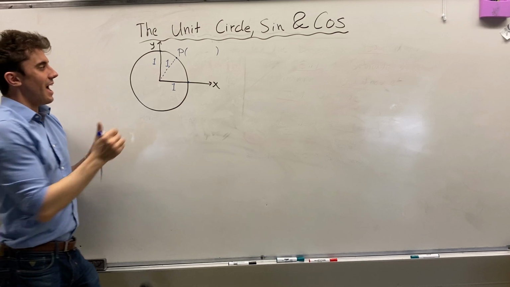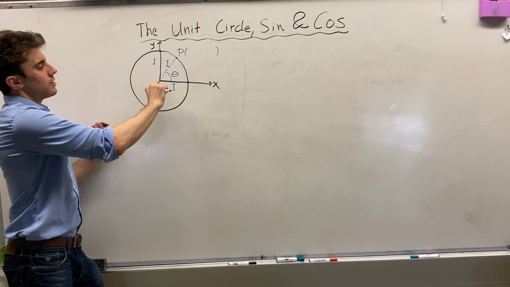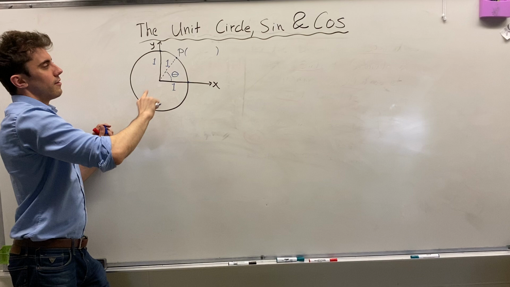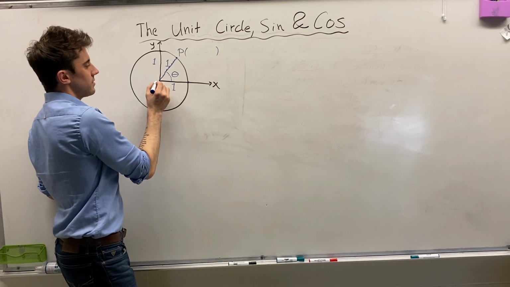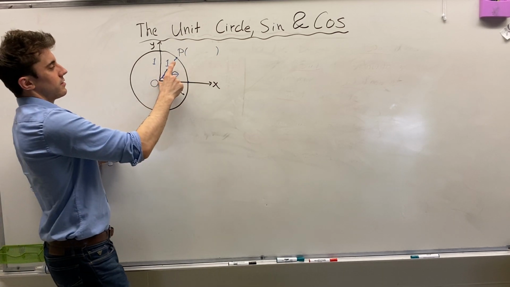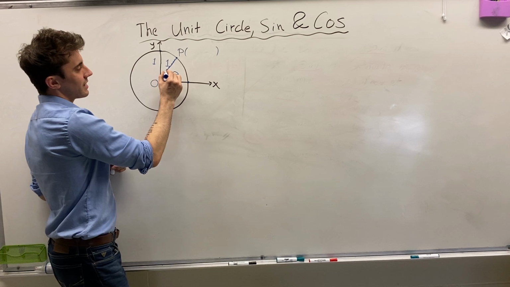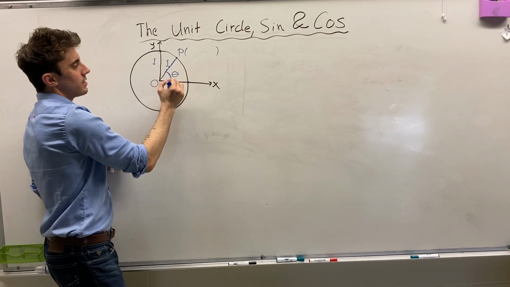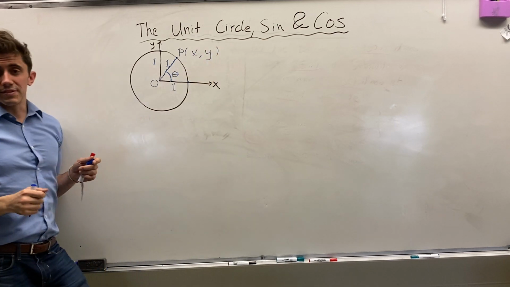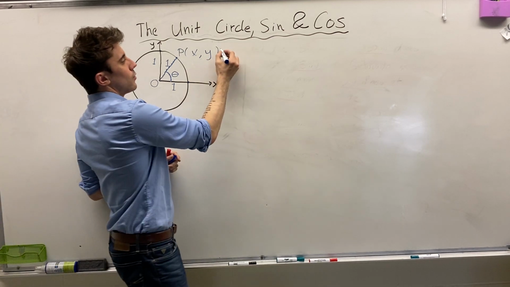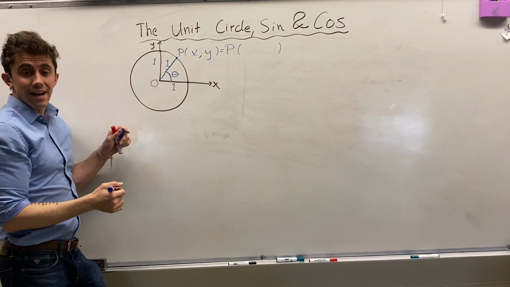We can write this as, if we designate theta to be the angle between what we call the terminal arm of our point, which is simply the line connecting the origin to our point P, let's call the origin O. If we have an arm that connects the origin to our point P, and we have the x-axis, and we designate the angle between these two lines to be called theta, then instead of simply having the coordinates as we've typically written them, x comma y, we can equivalently write the coordinates of this point on our unit circle as